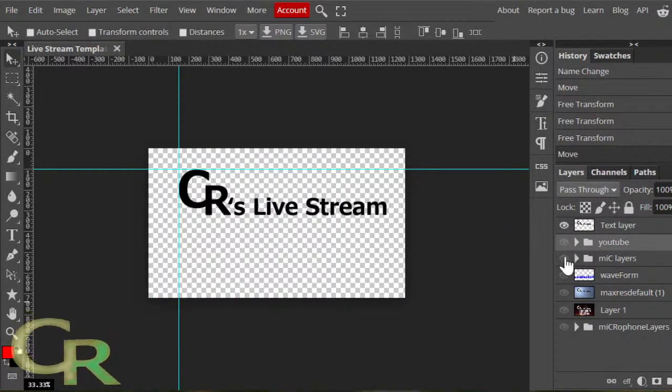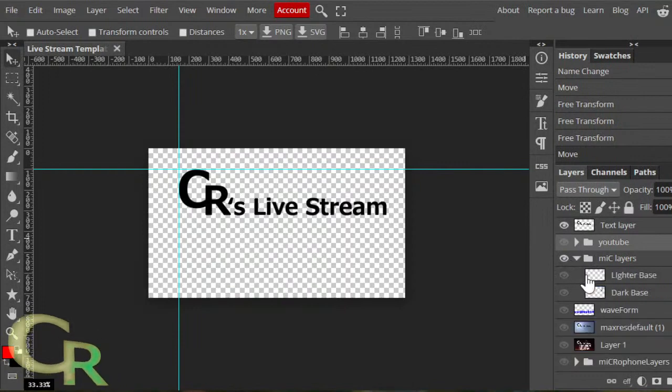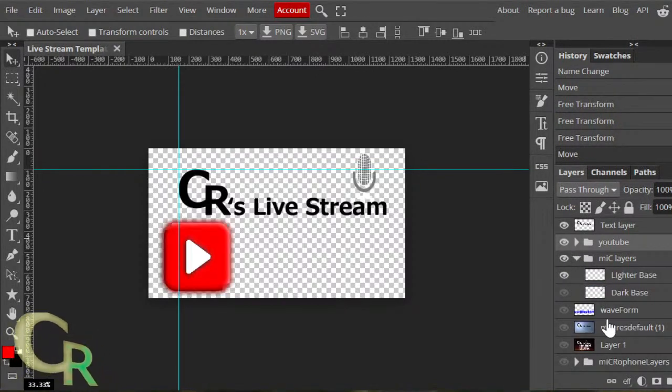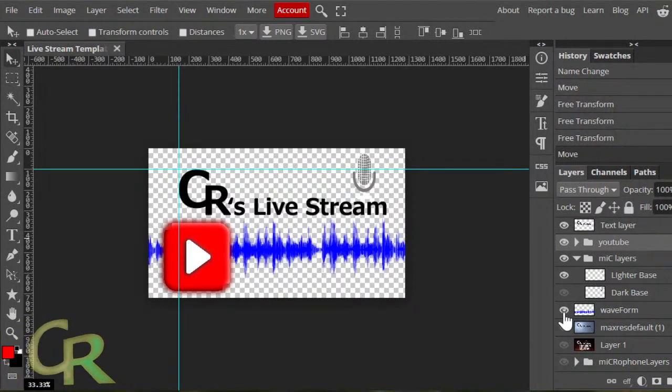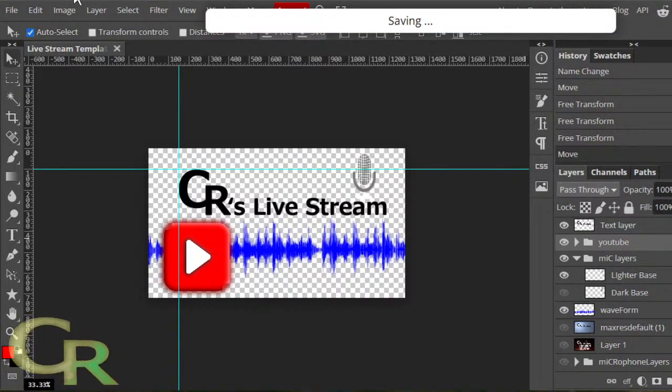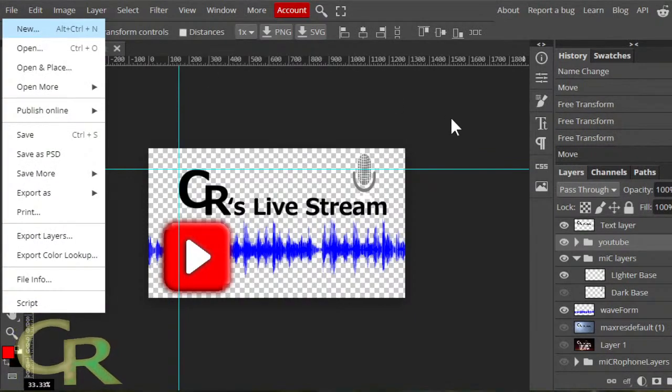So what do I have right now? I have, if I show it, a microphone, a play button, waveform. Now this waveform I grabbed from, let me save it first. So I should be able to see it on the outside.